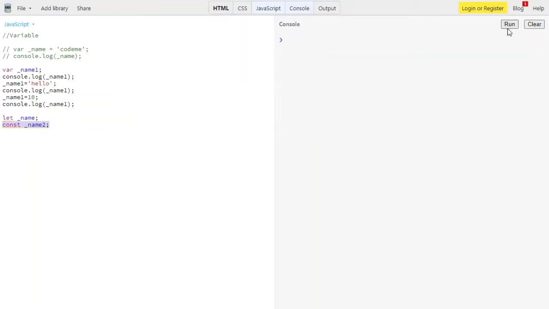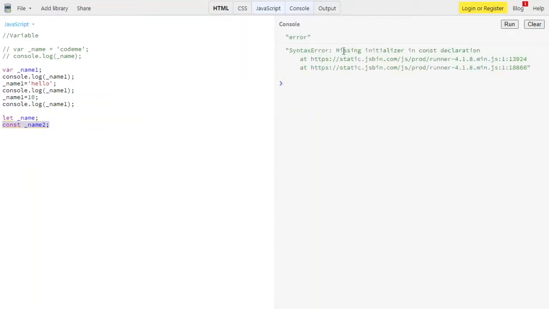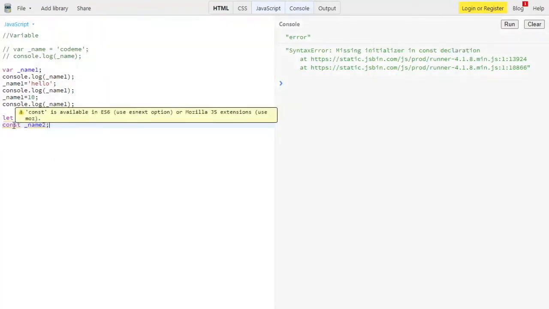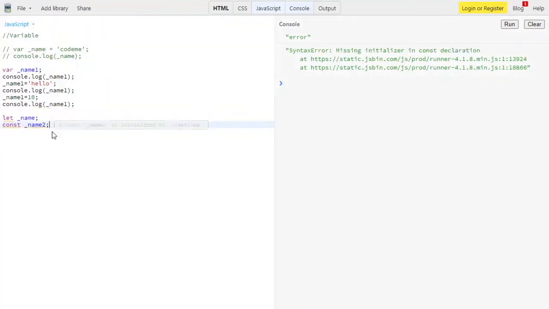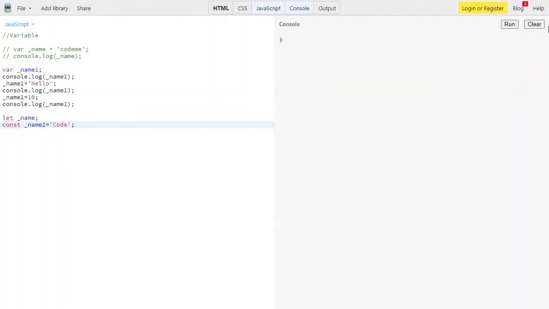Try to run this, it gives me an error. See, missing initializer in const declaration. Why? Because a constant must be initialized at declaration. So I give its value as code, and if you clear the console and run it, see, it doesn't give me an error.